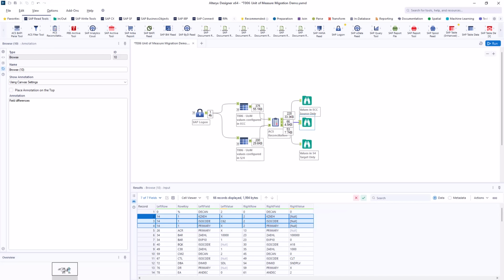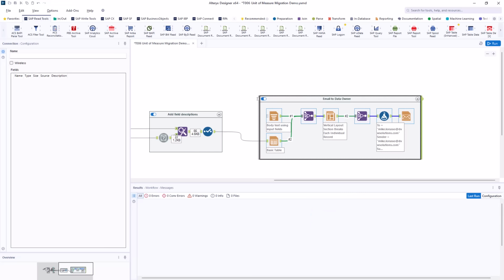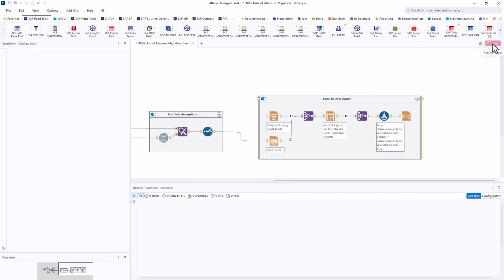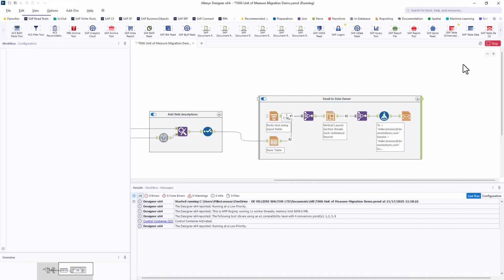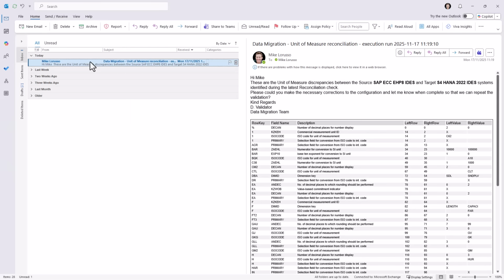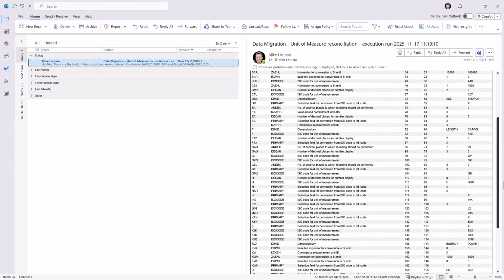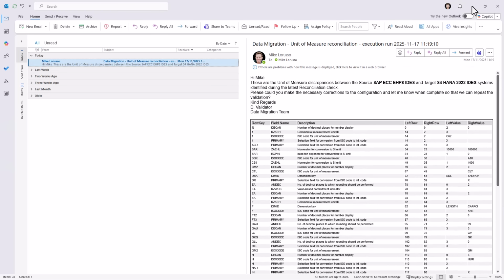Now, I'm using this to check a configuration table, but you can use exactly the same tools and processes to compare any master data or transactional table between two systems. With the inbuilt reporting tools from Alteryx, you can automatically generate validation summaries and email those to data owners. In a few steps, I can take the output and generate an automatic email to the data owner, informing them of which values need correcting. All of this is easily configurable using the standard Alteryx tools.